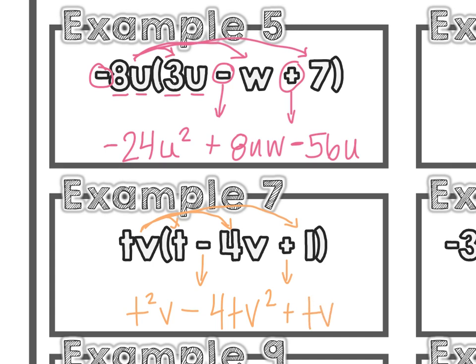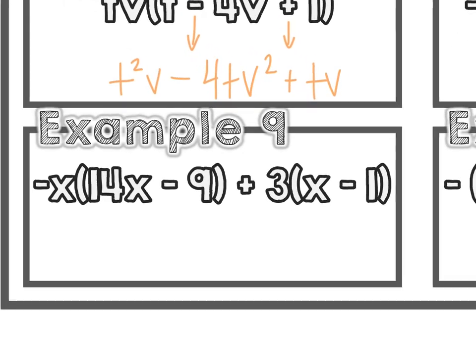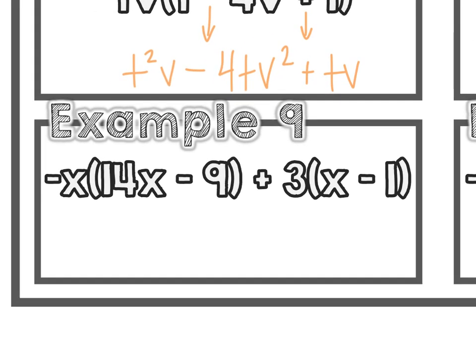Okay, next example, this is where we have multiple steps. So we are going to multiply x times 14x, and because it's a negative, that negative's going to come into the front because 14x is positive. 14 is going to stay because there's no number in front of our x that we're multiplying. Well, there's an imaginary 1. And x times x is x squared. So our first term is negative 14x squared